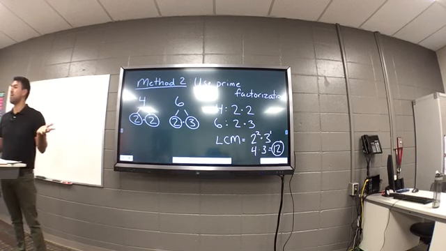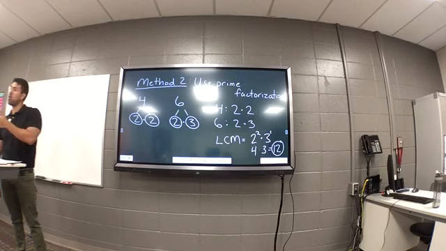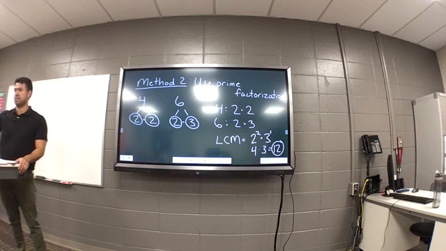So what's the least common multiple, for example, of 4 and 2? It's 4. And some of you are like, yeah. What do you mean,